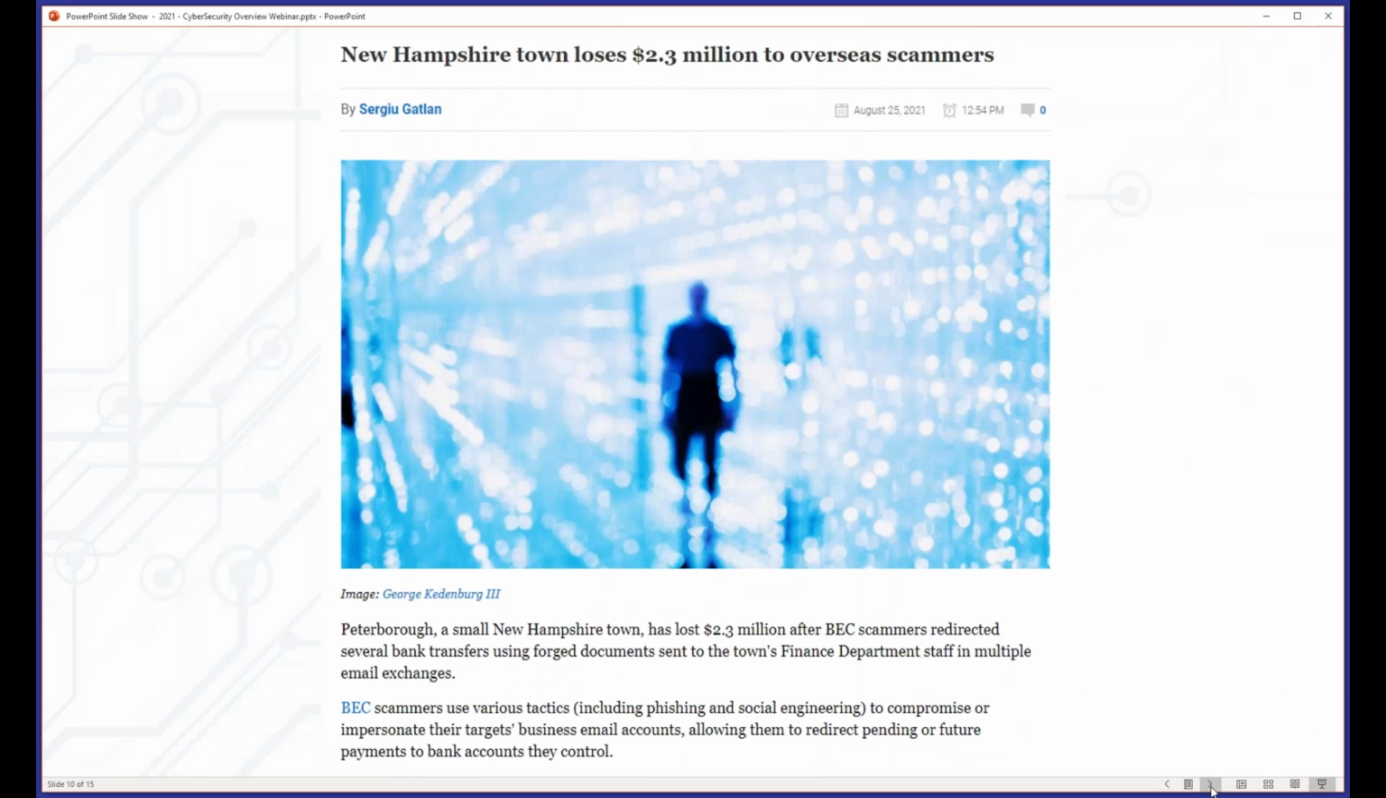Here's another big headline for you. This one is just a few days old. There was a town in New Hampshire, Peterborough, that had a business email compromise attack, in which scammers did some research on this town, probably found the names of some of the people that worked there through websites and public records, and formed up an attack to convince these folks that worked at the small town to do a funds transfer, or got someone who shouldn't have access to bank accounts access to those bank accounts. And basically the town had $2.3 million